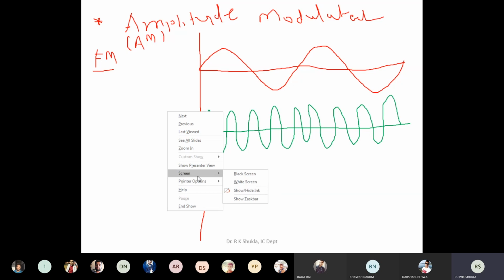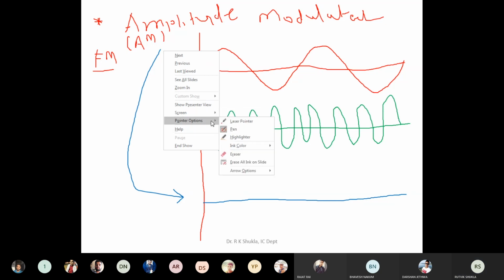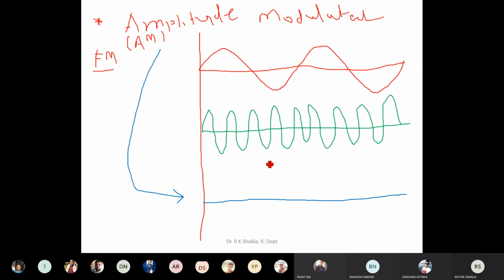Whenever you mix these two signals, whatever output or result comes, that result is called an amplitude modulated wave. So that is what I am going to show here. What it contains is your information. It is the same as the waveform of your information above, but generally it is like this.